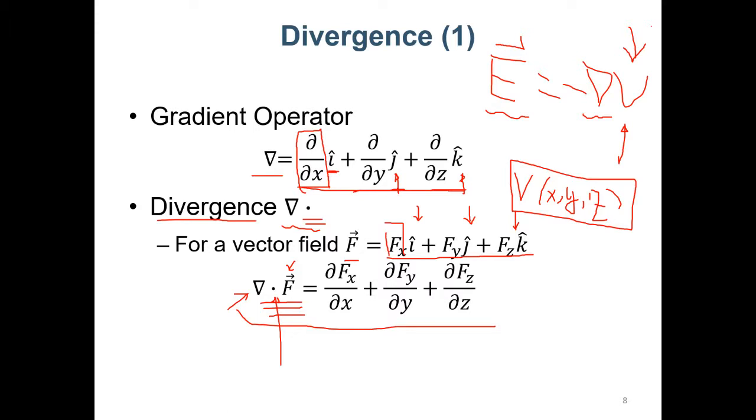So you can consider this term inner product with this one, so that only the partial x, fx remains. But if you have this term with the j component, then i dot j is 0, so that this one does not exist. So only 3 terms will exist, because originally, if you write it like